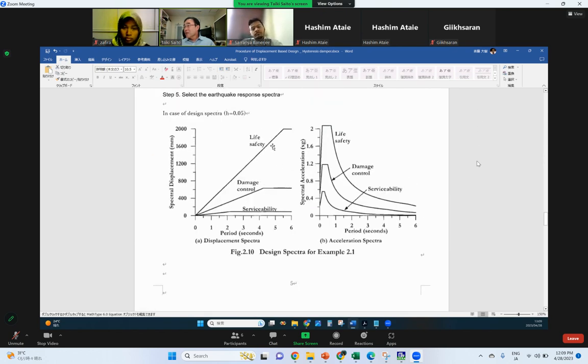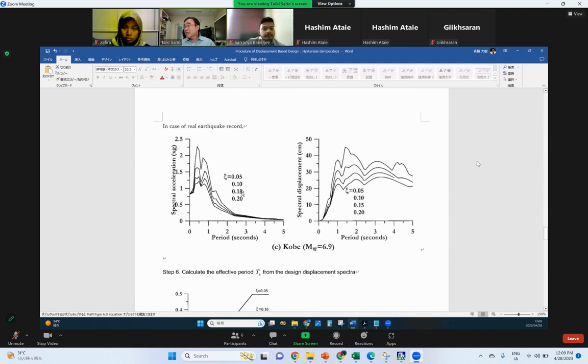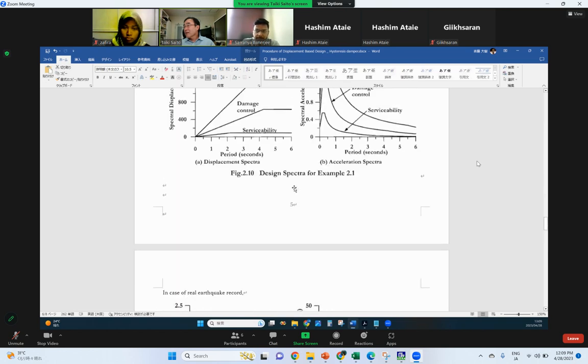So we must reduce this spectrum according to equivalent damping. So this is the equivalent damping of 5%, 10%, 15%, 20%. This is the acceleration, and the right side is the displacement. And this is equivalent damping 5%, 10%, 15%, 20% for the design